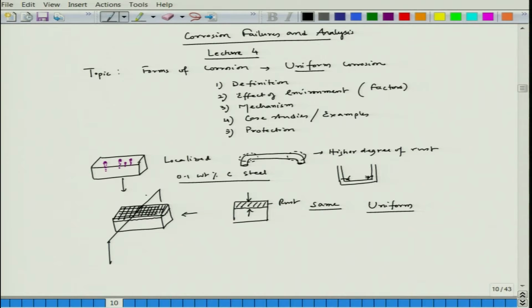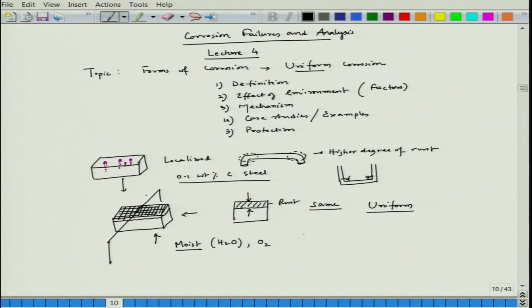Now, this uniform corrosion, let me just show you one example. Okay, I will come to that example. Before that, let us talk about how this uniform corrosion can take place. Now, if we talk about the normal environment which is moist, let us say the Kanpur environment, this time onward in summertime we have a lot of moisture outside, we have oxygen, and this is mostly a neutral environment.